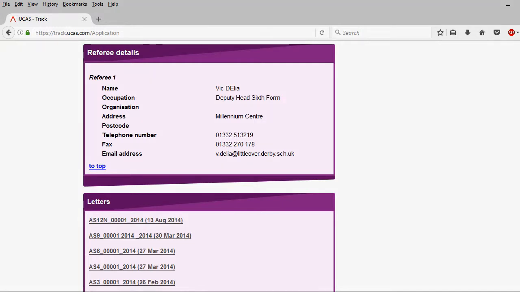And this is the reference from my head of sixth form. Now, this is a very important segment. Don't get your reference from anybody. Get it from someone who thinks highly of you, someone with credentials. So this was my head of sixth form. He had credentials. He was a person of position, essentially. And I basically sat down with him, and you have to make sure that you have a really good rapport with your referee, because they're going to be the ones that write the things that you